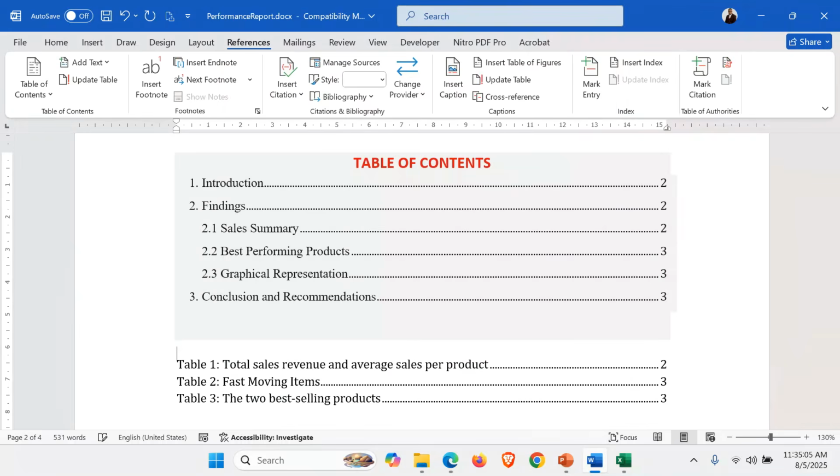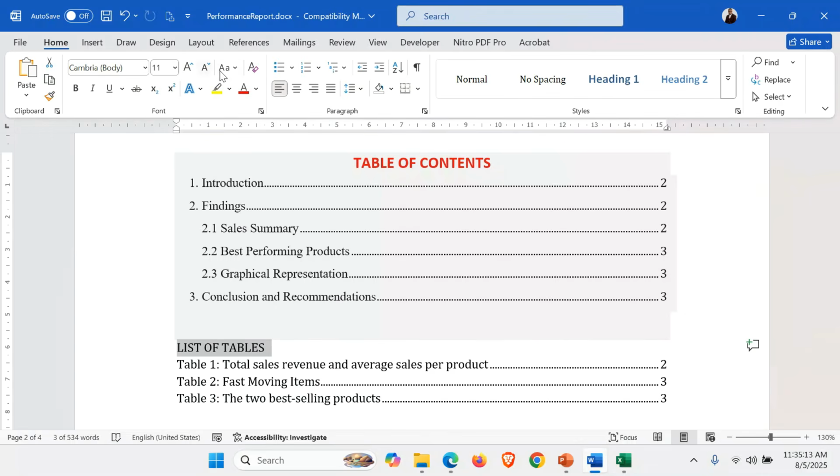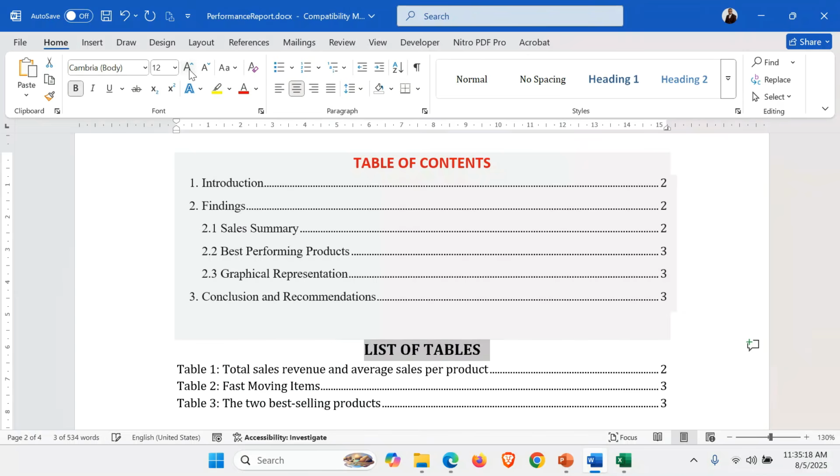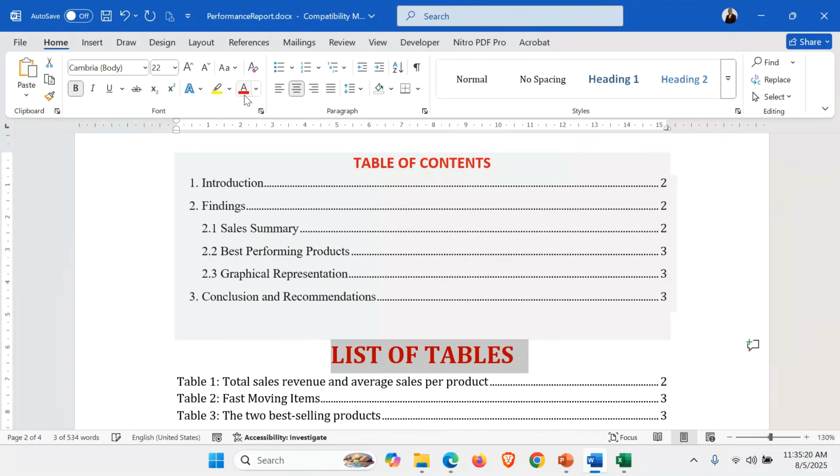So let's put a title, list of tables, and here we can also center it. We can increase its font size, color it,